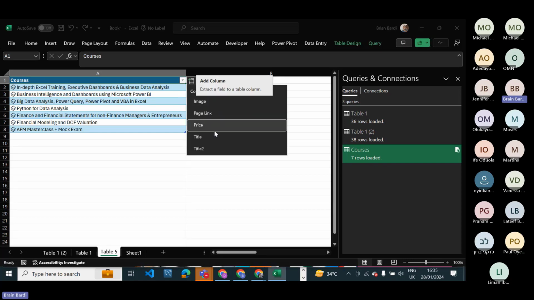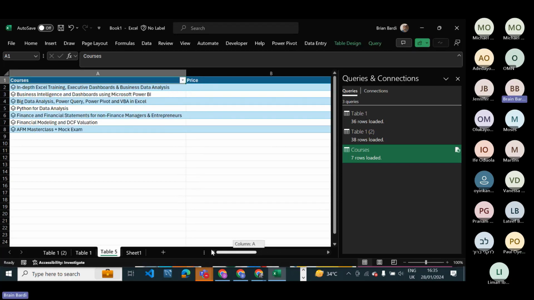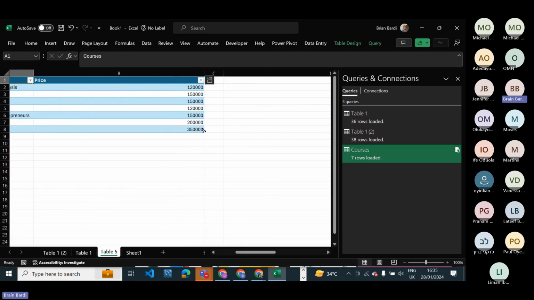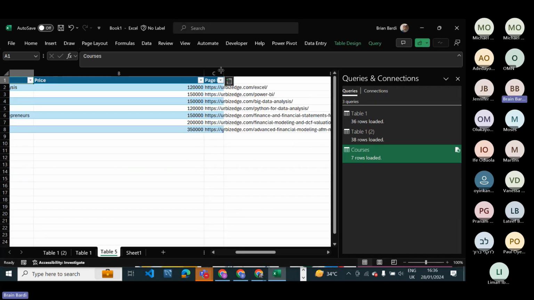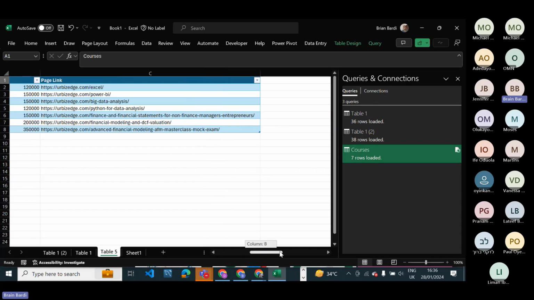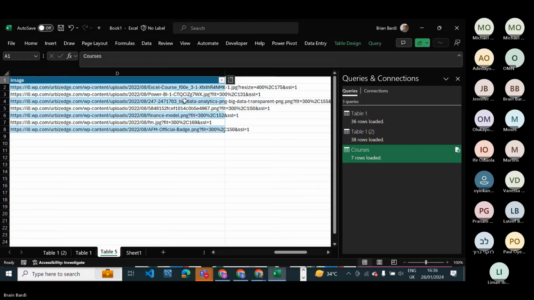The first one we want to bring out is the price. Just brought it out, so it comes up here. After the price, the next one is the page link. We just brought that up. And after the page link, the next one we'd like to bring out is the image.